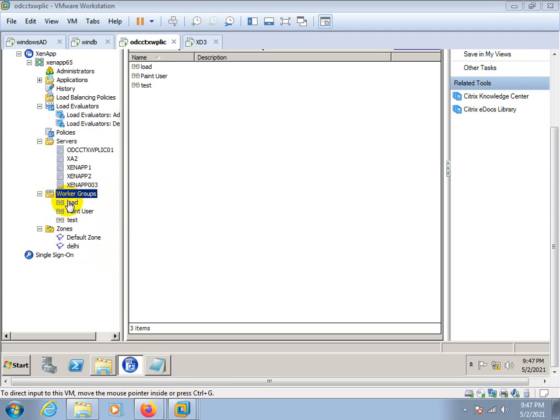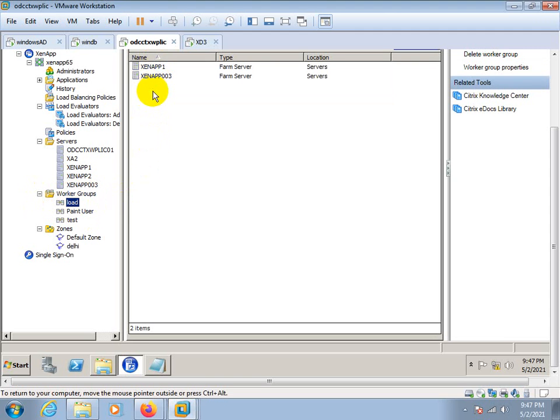It's the same like OU, so whatever policies apply on the OU or on the user. In the group, we have policies on the group which will automatically apply to the web server. The same set of servers will be put in the same worker group, based on the department or the application properties.